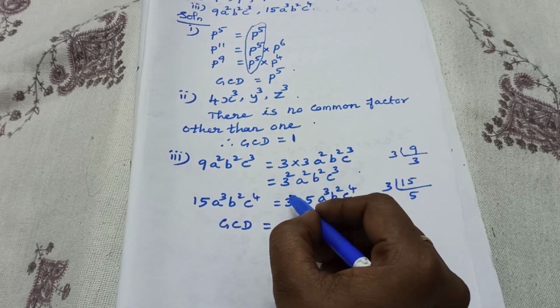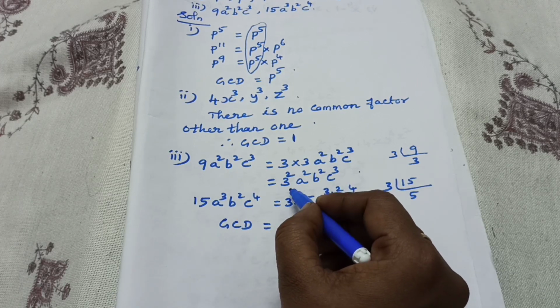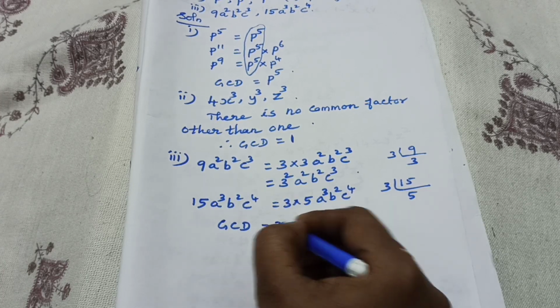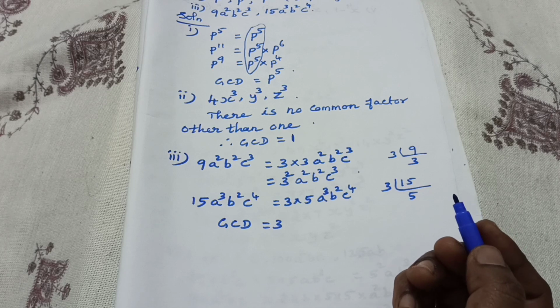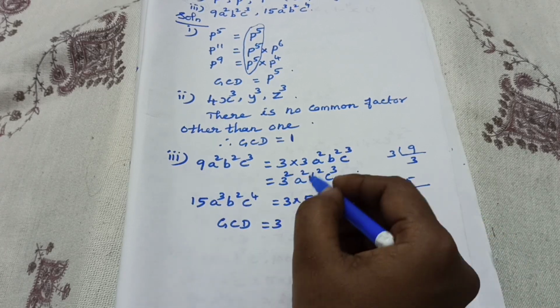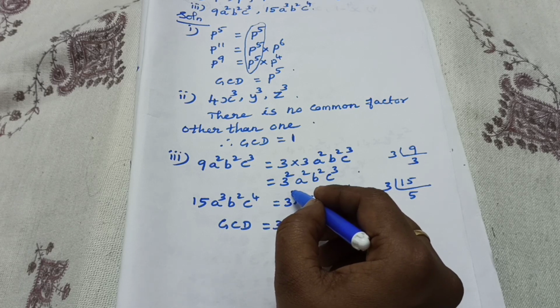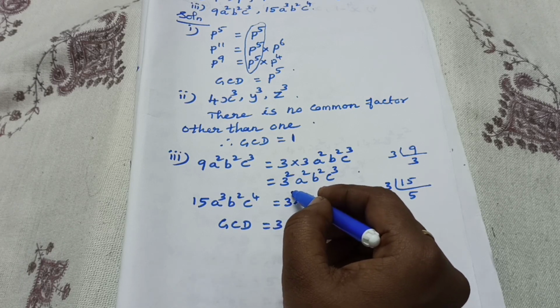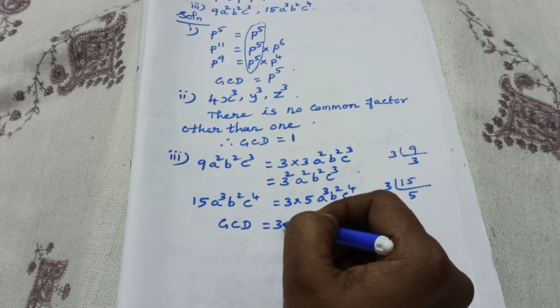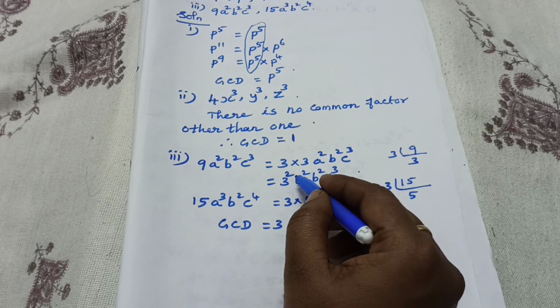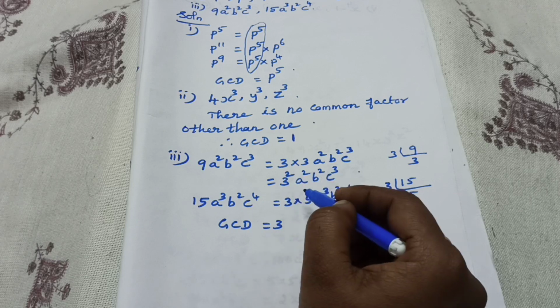Here 3 square is there, here 3 is there. Which is the smallest power? 3 power 1, isn't it? That value we have to take. The short form like that you keep in your mind. Okay. Then 3 power 1 is there. That power is less, isn't it? And the lowest degree you should write, 3. Okay. 5 is not in the first polynomial, so leave it.